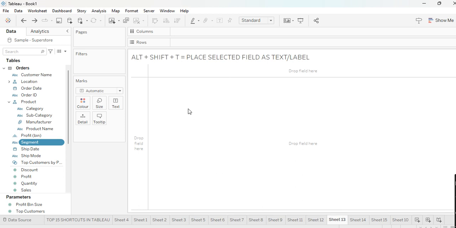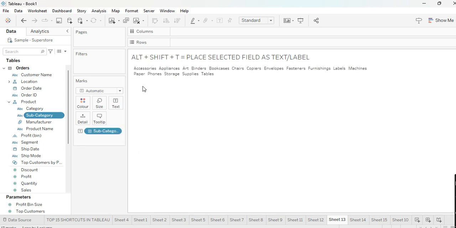Then our next shortcut is Alt plus Shift plus T. Suppose I want to take these subcategory values text-wise from here. Just select the field, press Alt plus Shift plus T, and as you can see, it will show your values like a text chart, or word chart, what we can say. So it will show all your values like text or table. So this is also an important